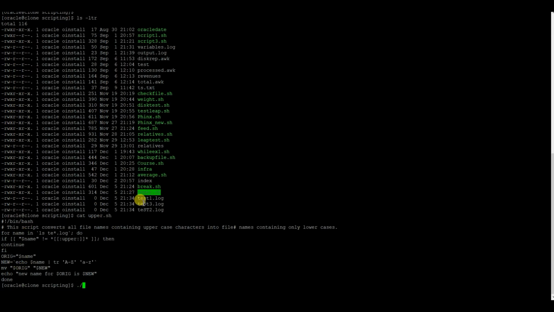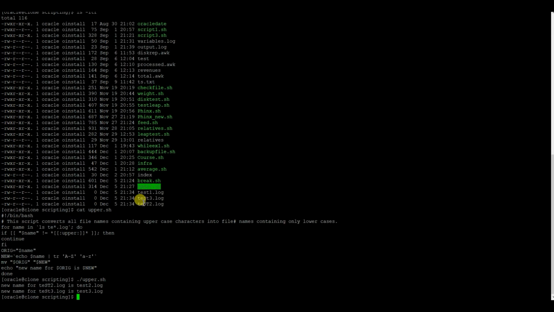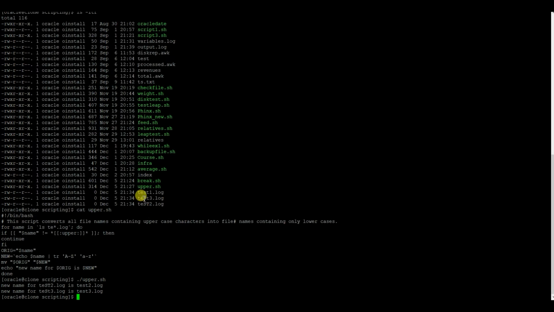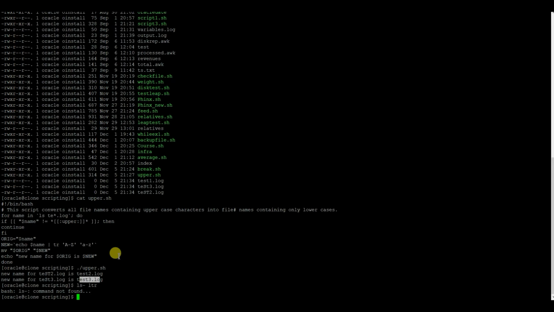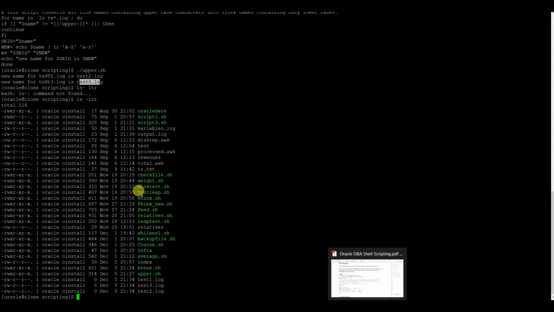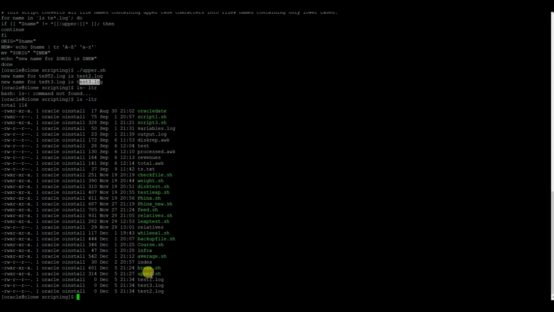If I run this, the new name for test2.log is everything in smaller case. Similarly, test3.log, everything is in smaller case. So you can see here that the values changed here also. Like this, you can change your upper cases to lower cases.